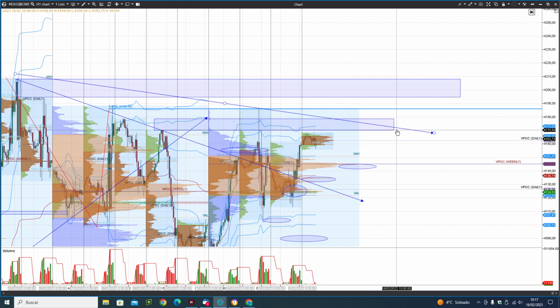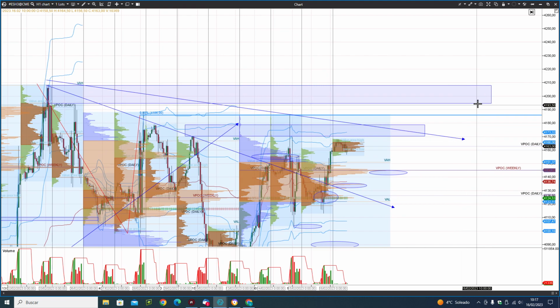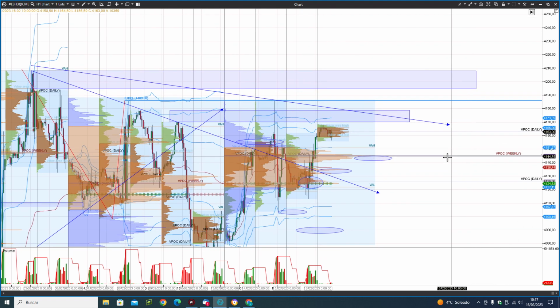So the zone between 4,170 to 4,178 is a price action zone, a great resistance. Next step could be this another price action zone that begins at 4,194. Talking about lower targets, here is one that is very clear, this weekly VPOC at